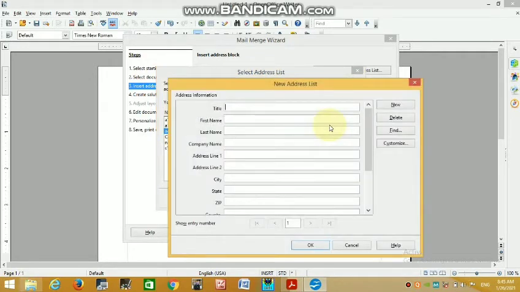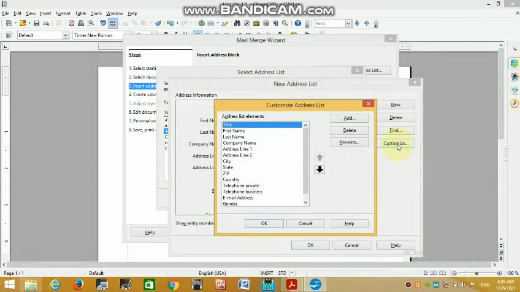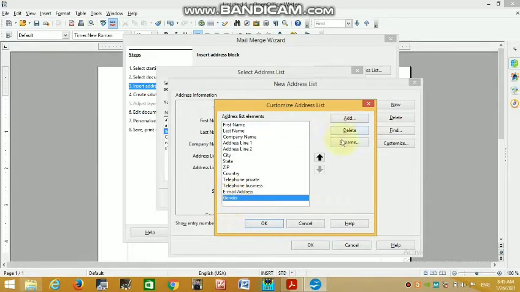See this, there are so many fields, but we don't want all these fields. So I click on customize, and the fields that we don't want, just click and delete. Now I click here and delete one by one.